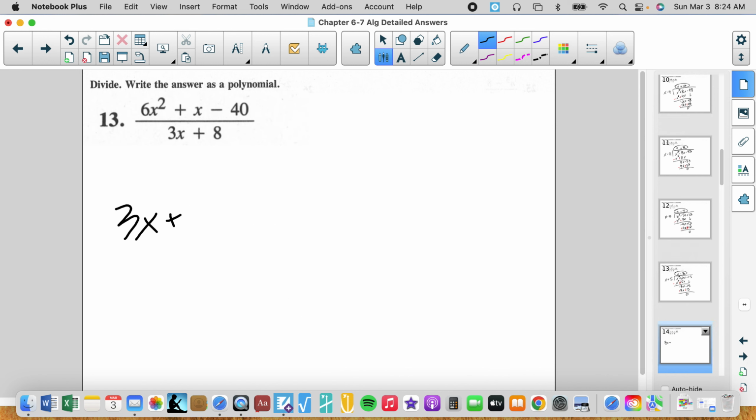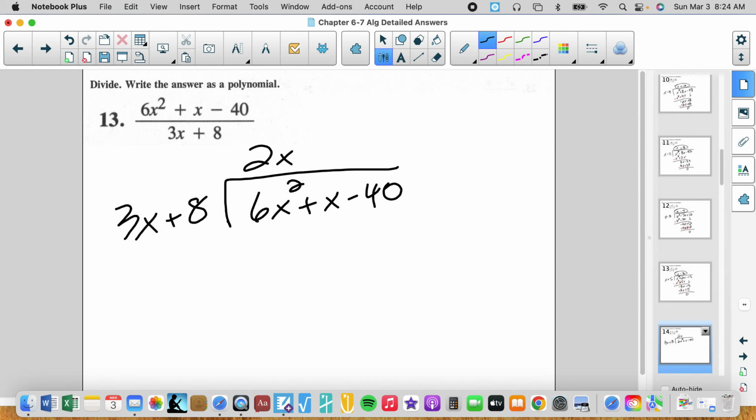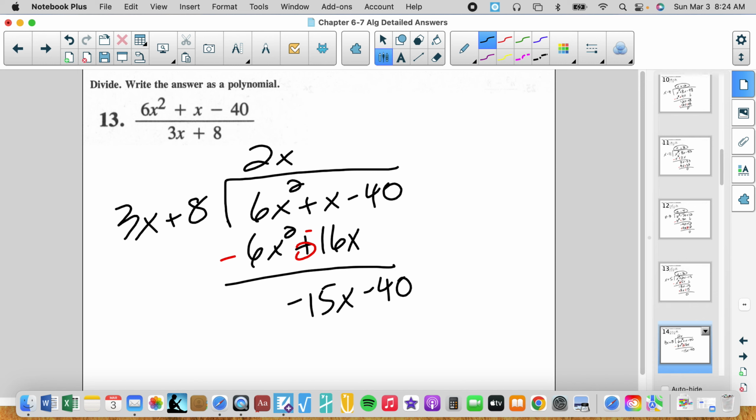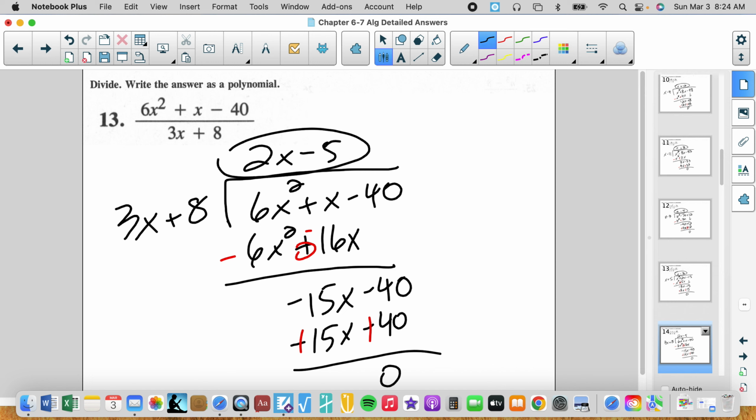Ooh, this is nice. That's a good one. I like this. 6x squared plus x minus 40. That's going to be a 2x would give us 6x squared plus 16x. Let's switch the signs. That gives us negative 15x minus 40. And that's going to be a negative 5. Negative 15x minus 40 works perfectly. No leftovers